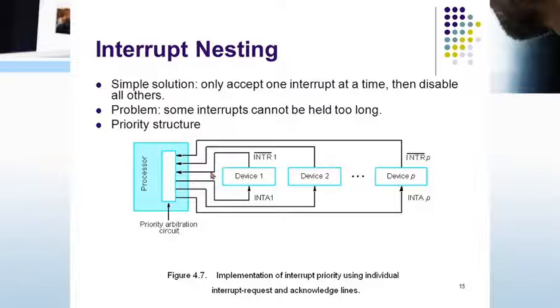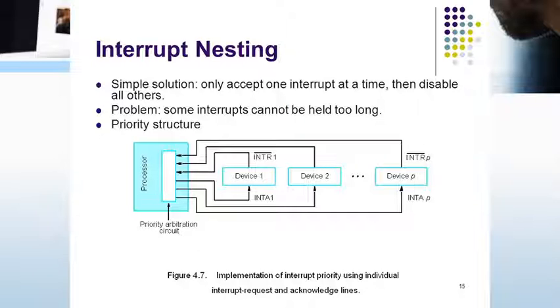So when you go to interrupt nesting, what happens? Suppose device 1 is communicating, it won't respond to device 2 and device 3. These are disabled. Remember. And once device 1 completes the task, it gives priority to device 2. So device 1 is disabled and device 3 is also disabled. Now only device 2 is enabled. Remember, interrupt nesting means only one interrupt at a time communicates with the processor.